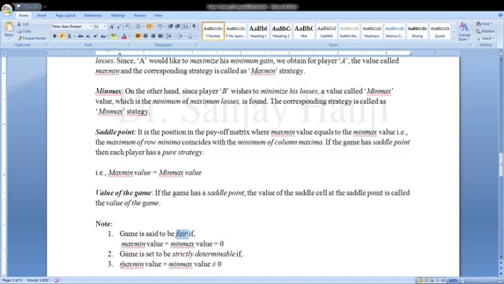If max min value is equal to min max value and is not equal to 0, means the value of the game is not equal to 0, then the game is called as strictly determinable game. At the end of any sum, you should mention whether it is a fair game or it is a strictly determinable game. So this is the theory